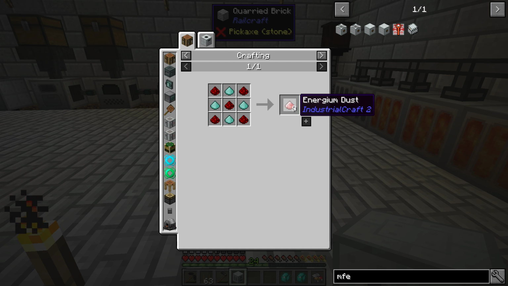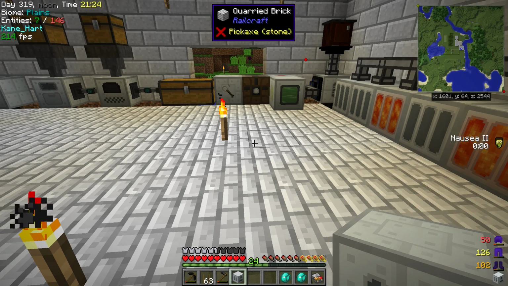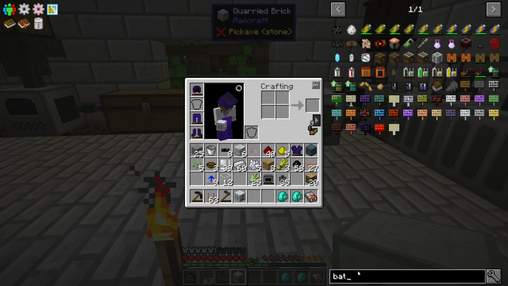Wait, that's a crafting grid. Oh no, this goes in the crafter. Sorry. Yeah, electric circuits. So I might make the compressor off camera. Might do the MFE off camera. We'll see. I thought the bat box... I guess the bat box...